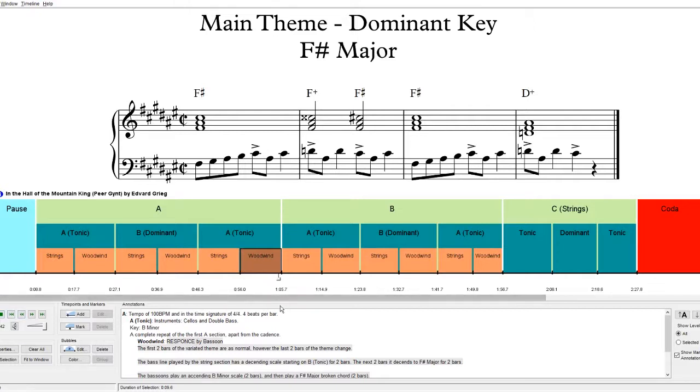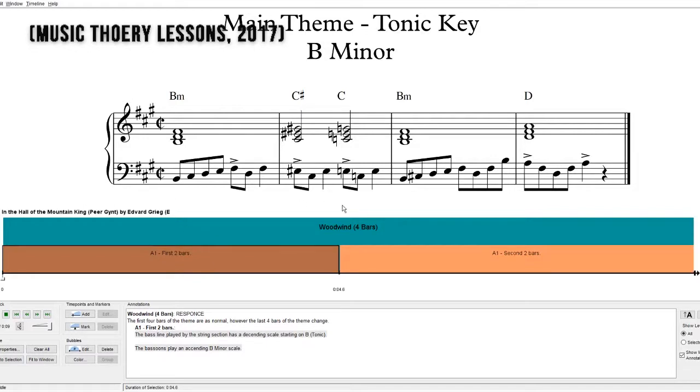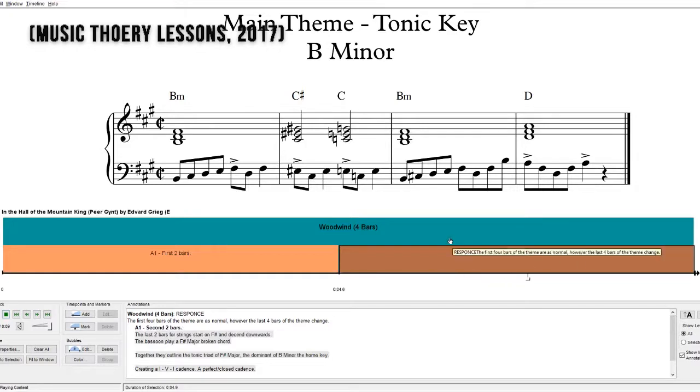So it's a cadence. Let's have a little bit of a zoom in. So this is the woodwind section, the 4 bars of the section. So the first part of it, these 2 bars here, are the same, no difference, but the second part is different. And what you're hearing is a cadence. So this 3rd bar here is changed. So what you're hearing is together